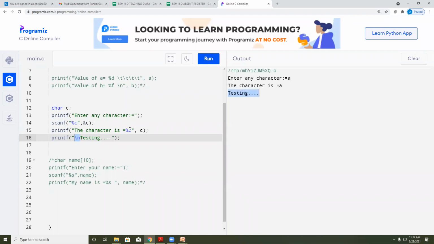Okay, in any way you can give it, either at the last of the first statement or at the beginning of the second statement. आलं लक्षात? एकतर तुम्ही पहिल्या स्टेटमेंटच्या लास्टला तुम्ही /n दिलं तर नेक्स्टचं जे काही स्टेटमेंट असेल किंवा एक्झिक्युशन असेल हे पुढच्या लाईन पासून स्टार्ट होईल. किंवा पहिल्या लाईनच्या शेवटी न देता जर तुम्ही दुसरे जे काही प्रिंट करणार आहेत त्याच्या फर्स्टलाच, म्हणजे ऍट द टाइम ऑफ स्टार्टिंग, if you mention it /n, so your pointer will go to the next line and then it will print the things you have entered into the printf statement. In any way you can do it.